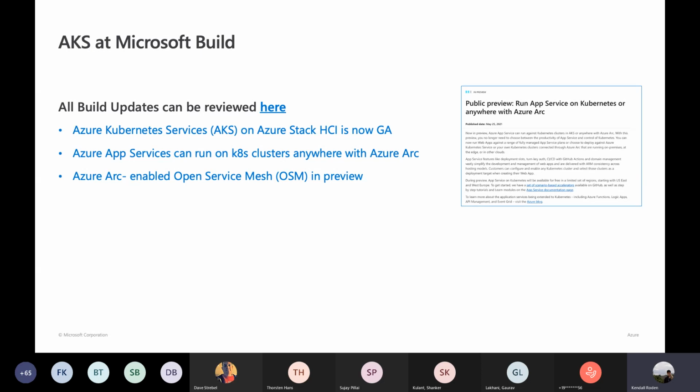And then there were a couple of other build updates worth calling out related to Kubernetes, one of which is running Kubernetes or AKS on Azure Stack HCI. And then another is Open Service Mesh, which we recently added as an add-on to AKS, is now going to be integrated with Azure Arc. So you could push down that open service mesh control plane without having to do the deployment yourself onto a Kubernetes cluster managed by Azure Arc. So once again, that could be running in another cloud provider or on a Kubernetes cluster on premises or even running on your local machine through Azure Arc. So these were the major AKS or Kubernetes related build updates,